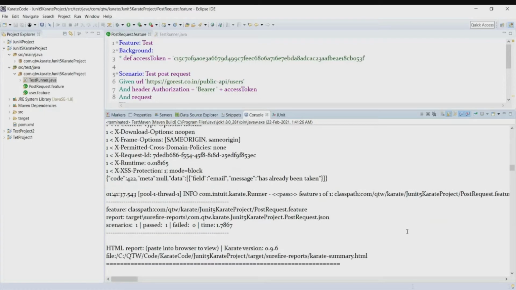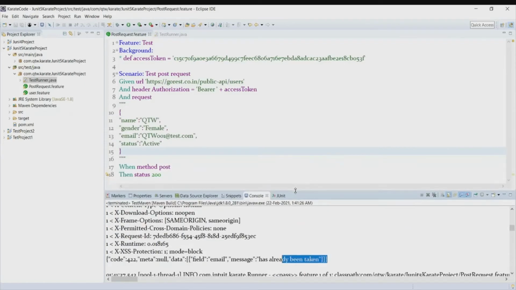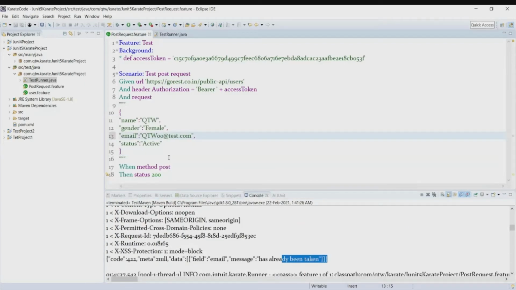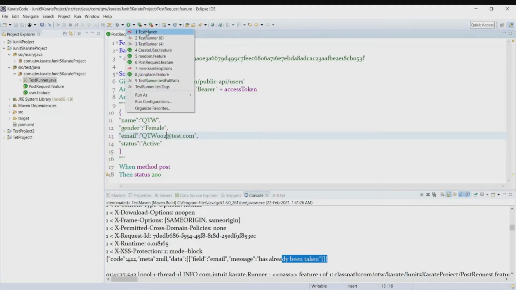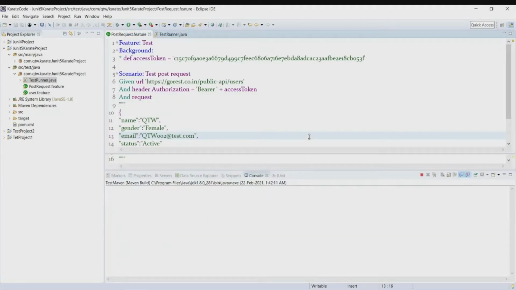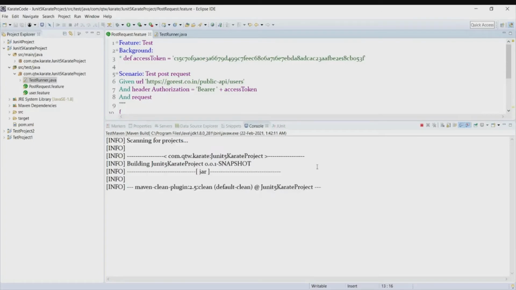So our test got executed, but you can see some failure. Okay, so there is a validation on the email ID, so you need to use a different email ID every time. That is why we were not able to create another user.